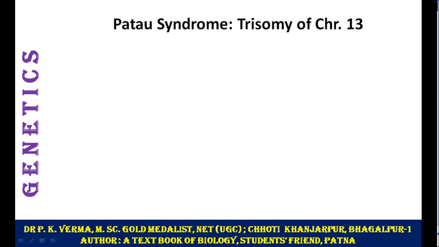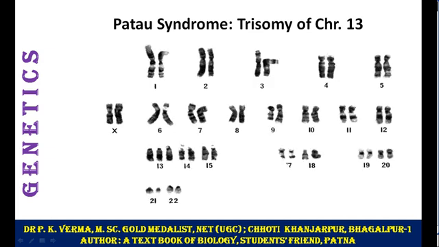Another case is Patau syndrome. Remember the names. These names are asked again and again every year in the NEET examination. Patau syndrome is caused by trisomy of chromosome 13, that is 3 copies of chromosome 13. This is the karyotype of the affected person. See carefully where chromosome 13 is. It is in the third row. Now it has been given under a square. The red square shows 3 copies of chromosome 13.